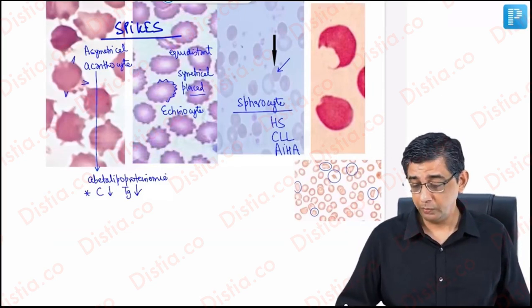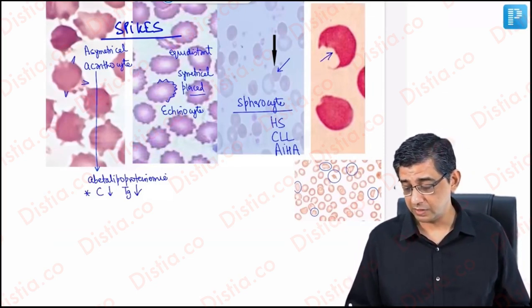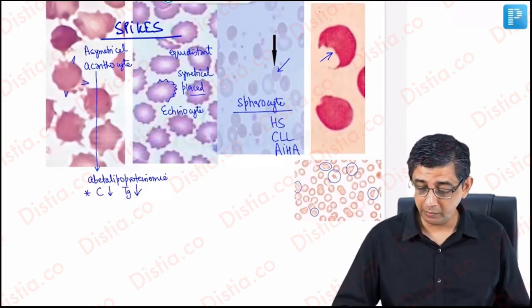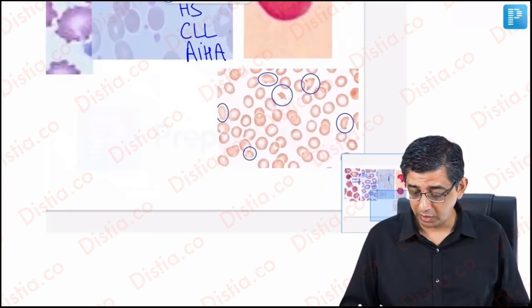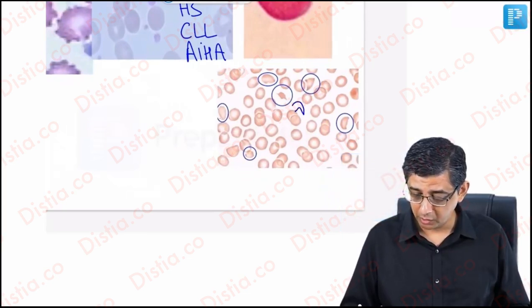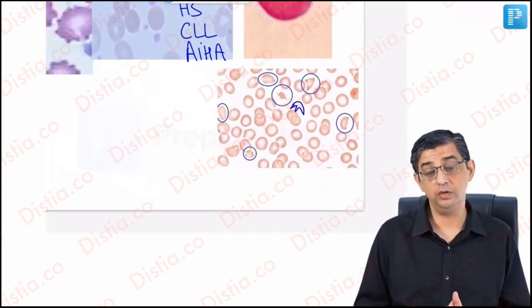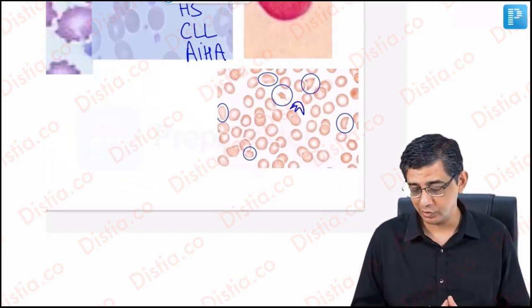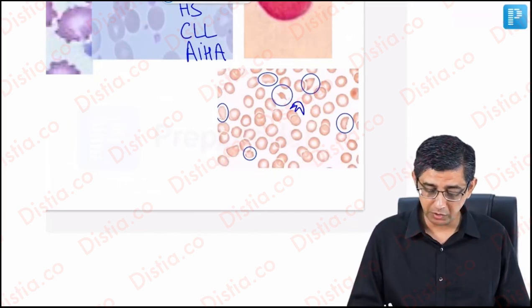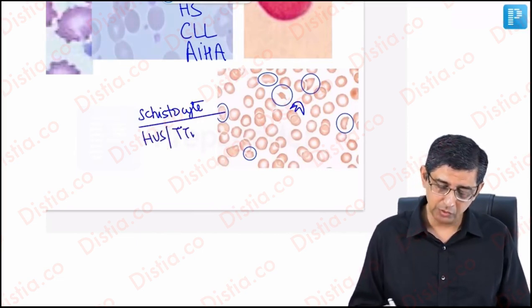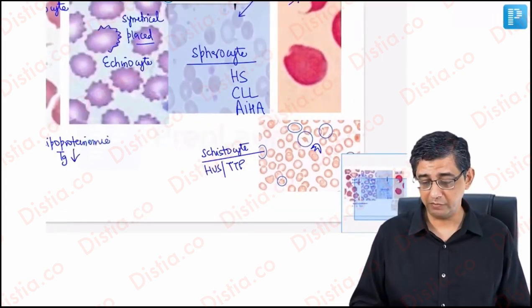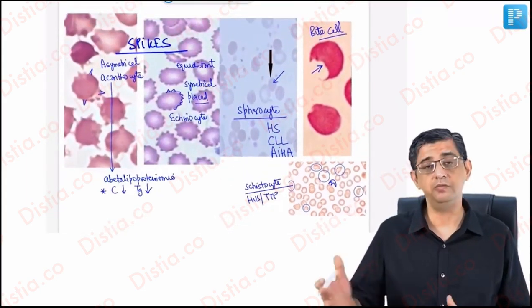Also, I don't want you to mix up a bite cell versus a schistocyte. I mean, I've shown a deliberately enlarged view. The bite cell would be like somebody's eaten into an apple, whereas the last one that has been shown earlier also will be looking like this, a ghost of a cell. I'll say a ghost of a cell because the cell is busted, it is destroyed. This would be a helmet cell or a schistocyte, which you traditionally read with hemolytic uremic syndrome and thrombotic thrombocytopenic purpura. So these are a couple of images which I want you definitely to remember with respect to the different